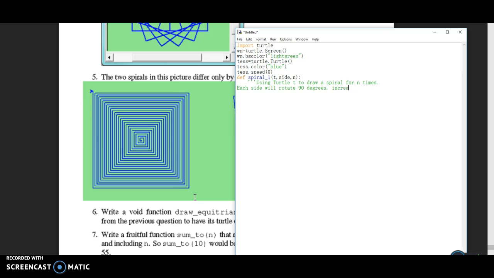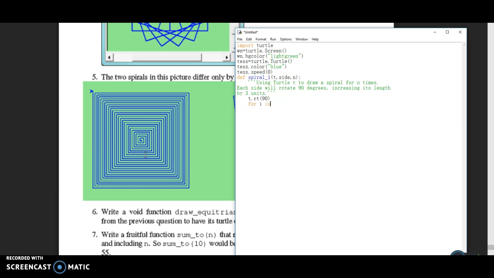And we can finish that, increasing its length by 3 units. First we need to change the direction of test. If we did not change the direction of test, test will first go to the right, but we want it to go down first, so we need to let it turn right first. So turn right for 90 degrees. And then we can use a for loop to draw the spirals,